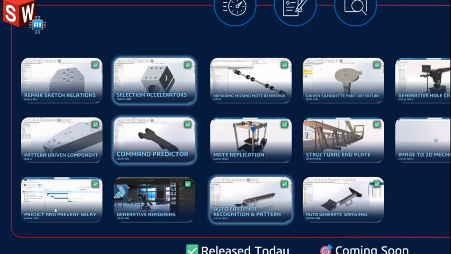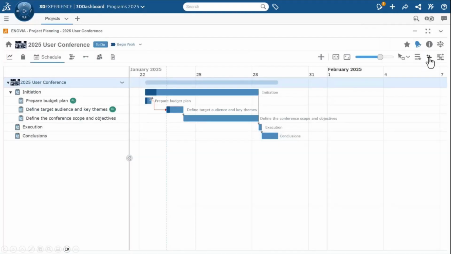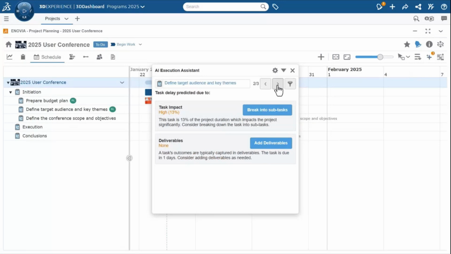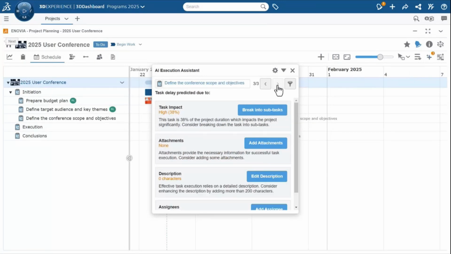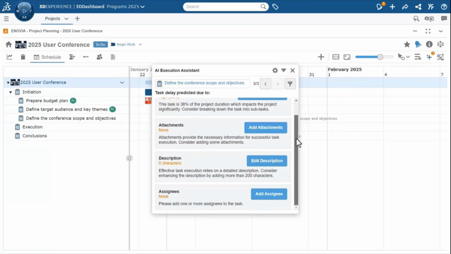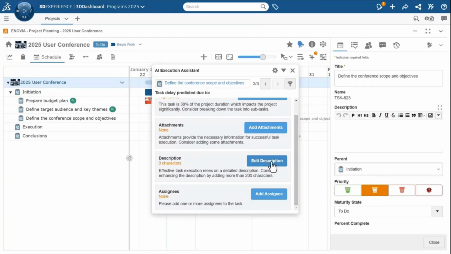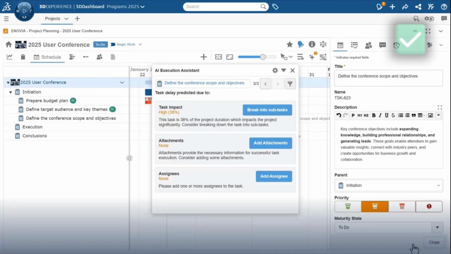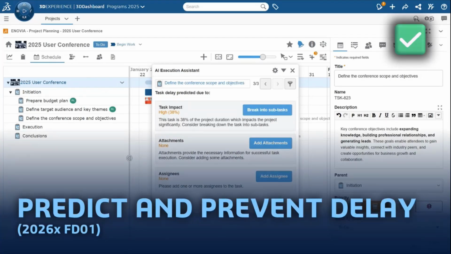Then there is predict and prevent delay. Whoever is working on the 3D Experience platform managing your data may know that there is a role related to project planning. The virtual companions are integrated with this environment, so they can alert you if and when they see a potential roadblock or delay within the plan. Here, I would like to mention one of our virtual companions, Aura. Aura can then assist the user in developing a plan to mitigate the impact, which can again help you identify the task impact or other things related to your project and deadline.